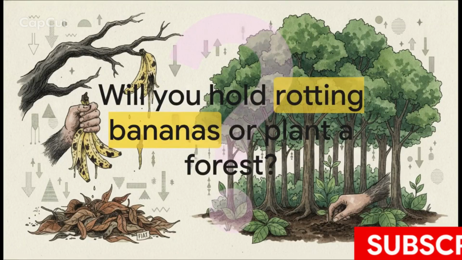So, after exploring the wild mechanics of fiat leaves, the terrifying realities of the death pledge, and the crazy swings of leverage bubbles, I want to leave you with this one provocative thought. The market always goes in cycles. When the next bubble bursts, and trust me, it will, will you be caught at the very top holding on to a pile of overpriced, rotting bananas? Or will you have used this knowledge to passively plant a beautifully diversified forest that sustains you for a lifetime?